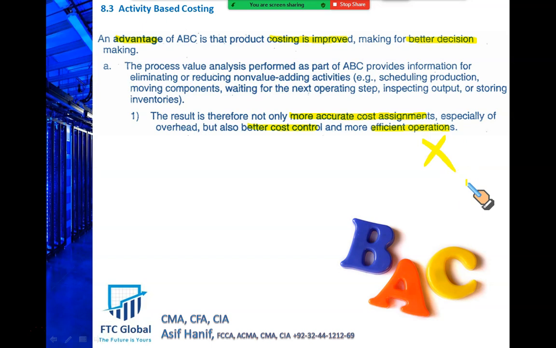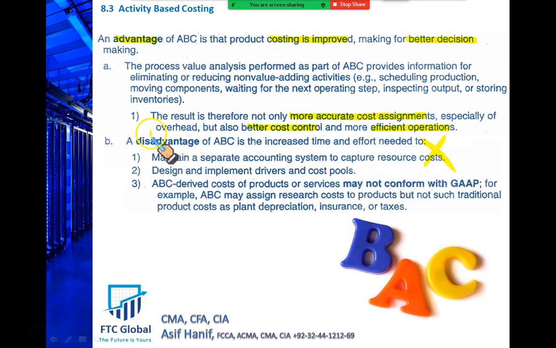Right? But there are disadvantages also. I told you it is very expensive to set up ABC. You need to maintain a separate accounting system to capture ABC related cost. If you want to implement ABC in its true spirit, where you identify resources, resource drivers, activity cost pools and activity drivers, where you end up transferring your accounting and sale and marketing cost in your end product, then it's a separate system. IFRS will not allow you. So in such a system, there will be two systems running parallel, one for ABC, other for your conventional IFRS, US GAAP based financial reporting.